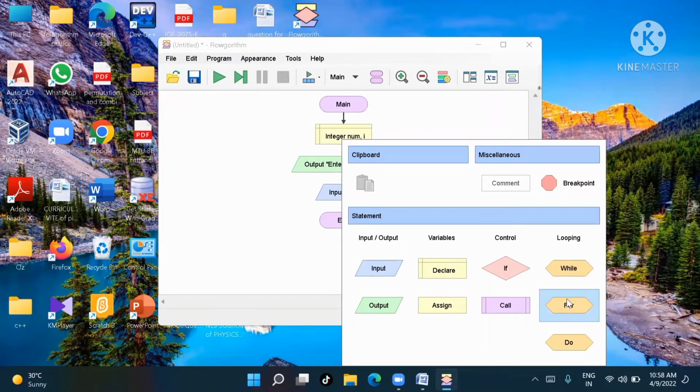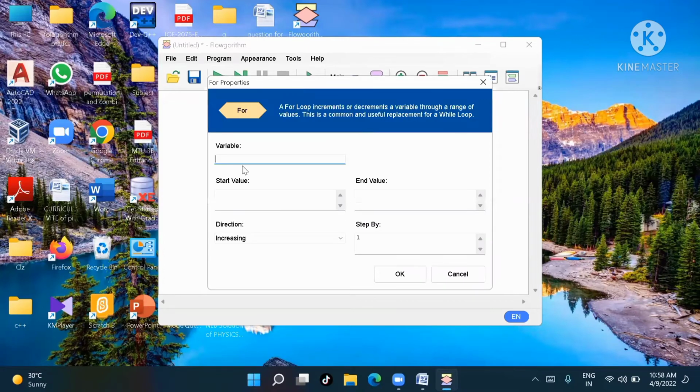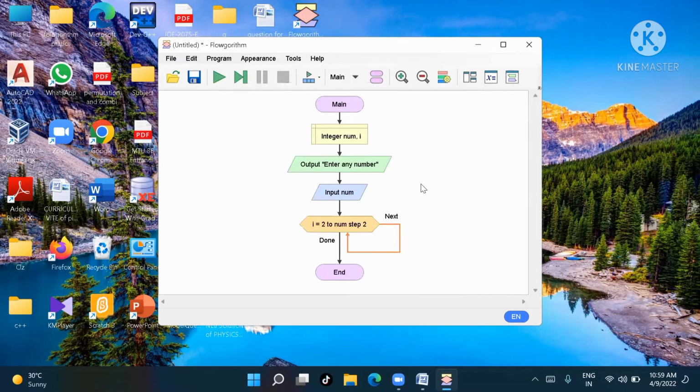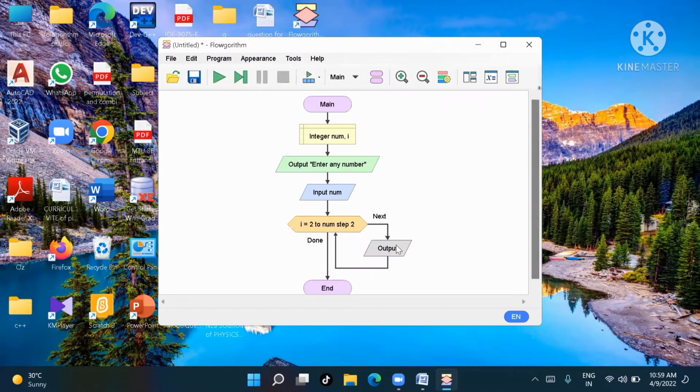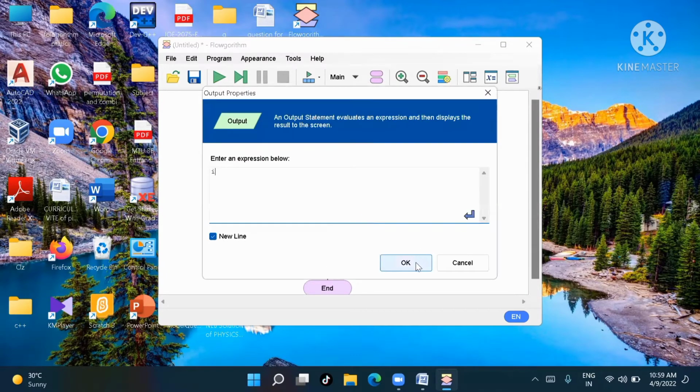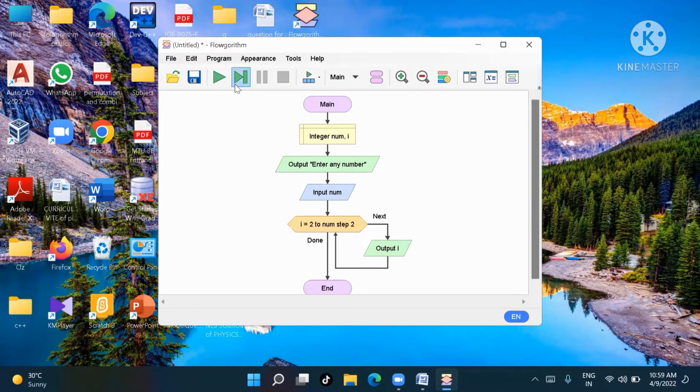Now just go on for loop. What do we have to print? Variable I initialized up to here. The starting value is an even number: 2, 4, 6, 8. So the starting value will be 2. Ending value, how much does it tell? Up to num, up to number. For the step, what will it be? How much step will it go? 2 steps. So write 2. 2, 4, 6, 8. Now what do we have to print? I. Our program is completed. It is so simple.